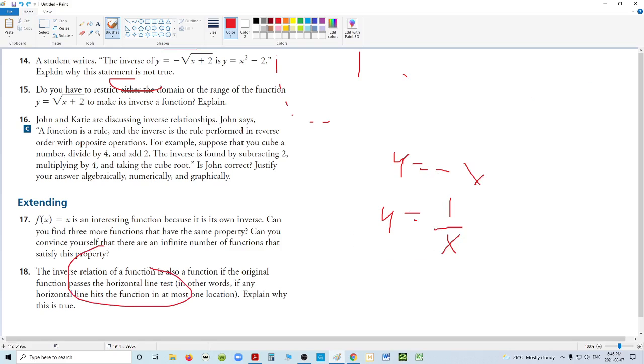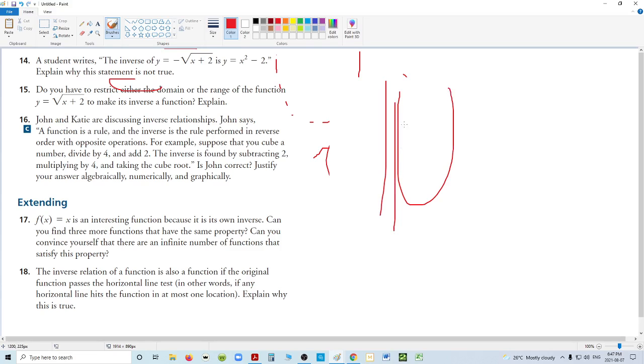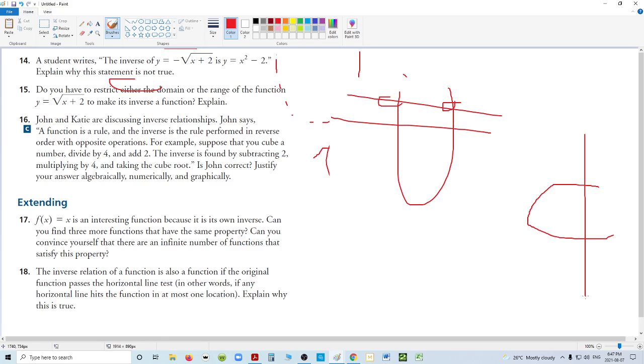The inverse relationship of function is also a function if the original function passes the horizontal line test. Yes. Explain why this is true. Well, let's say you take a parabola, and you know it passes the vertical line test, right? If you want to know if its inverse will pass the vertical line test, just do a horizontal line test. Draw a horizontal line through it. And if it passes through 2 points, you know that the inverse, of course, will not pass